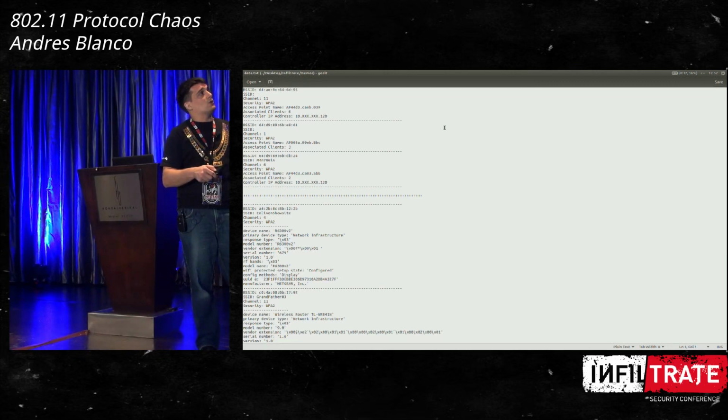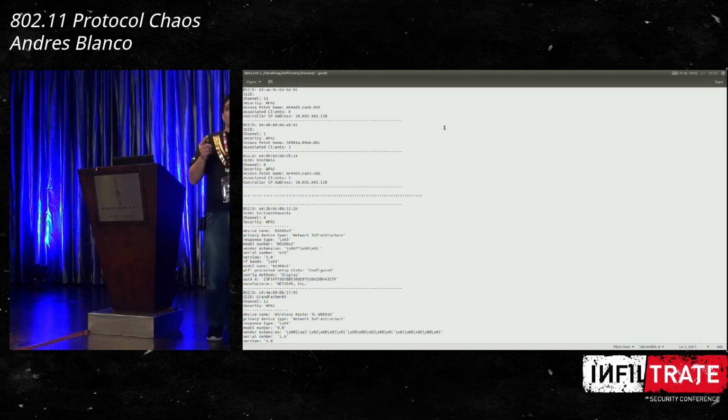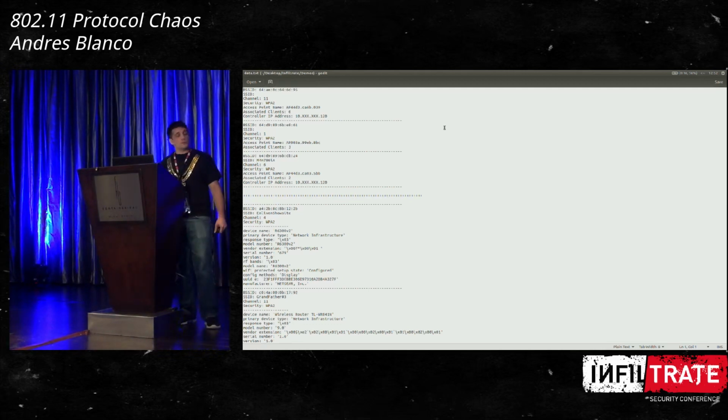They all belong to the same network, because they are using the same format for the name. We can see here some IP addresses from the internal network that are from the wireless LAN controller. So again, this was gathered only by going around grabbing management frames, okay? No attack on the network, only passive traffic capture.